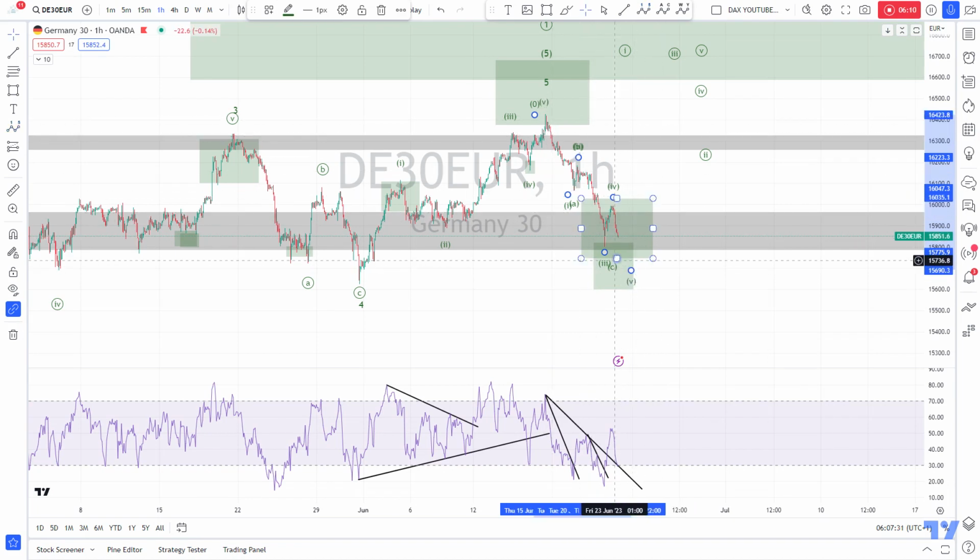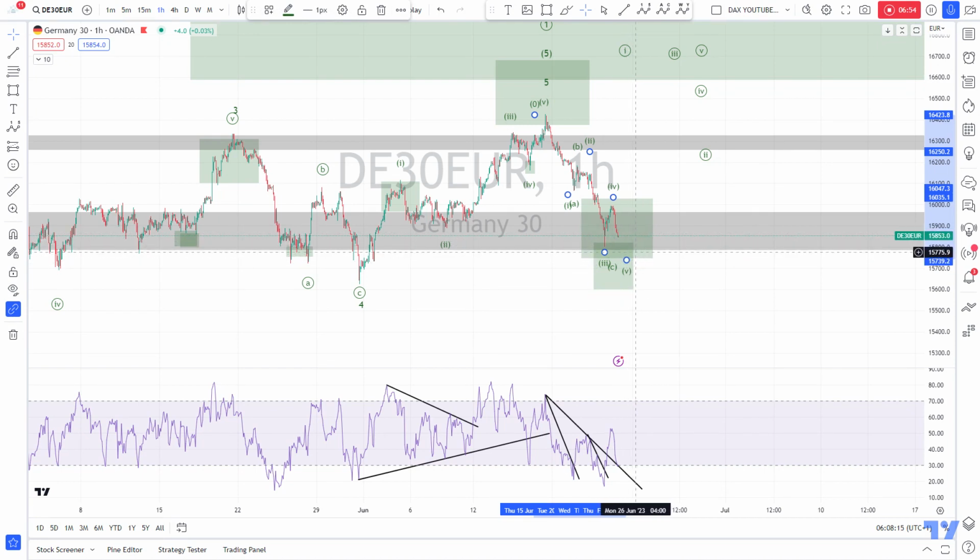So instead of an ABC here, we have an impulse down. That can be possible. If this is our high, we should now have an impulse down, and this is also a scenario that can play out. In this scenario, if this is an impulse down, it looks like this impulse should end soon. This looks like the third wave down. This looks like a 4, and then we should end here a wave 5